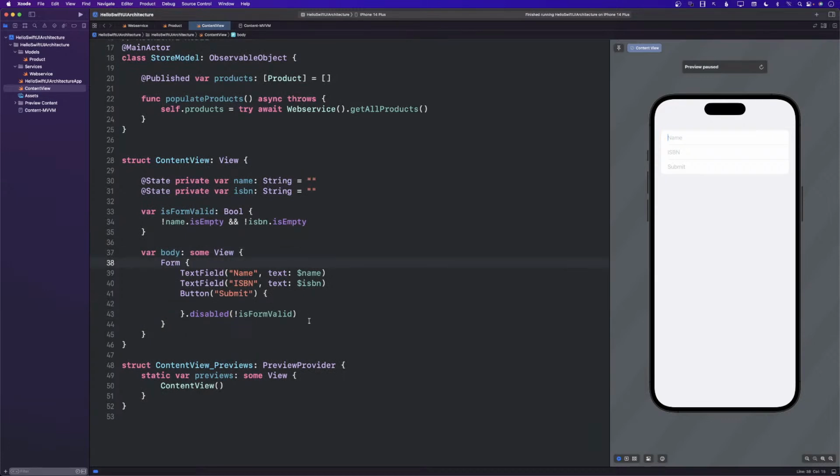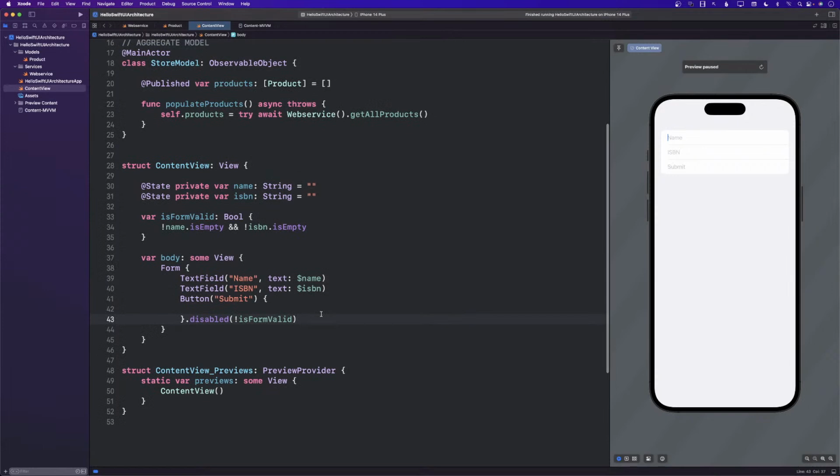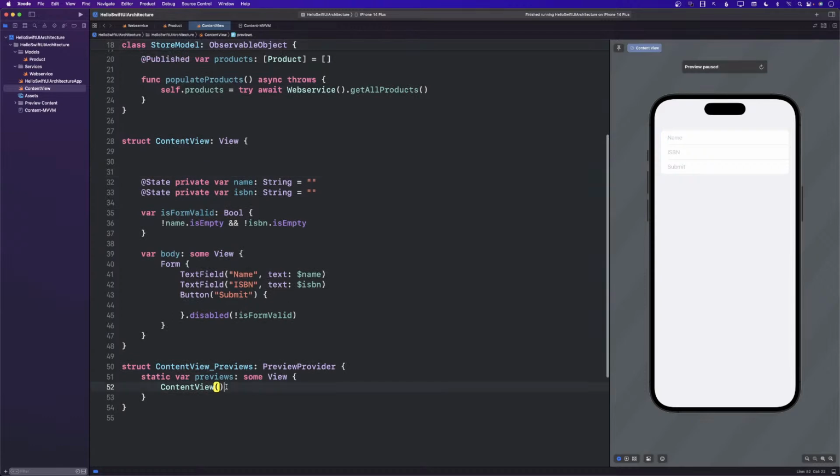How do we display the data? Well, in most cases, when I'm using this pattern, I will inject the model, which I like to call the aggregate model, in the environment object. So I will inject it like this, environment object, and I will inject the store model. Not in all the application. I would like to be very clear over here. Not all application you will need to inject it in an environment object.